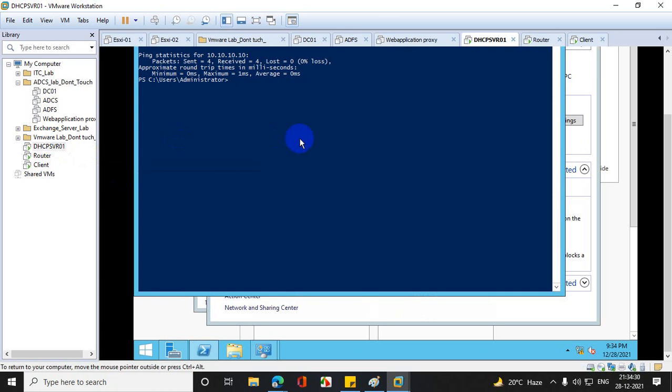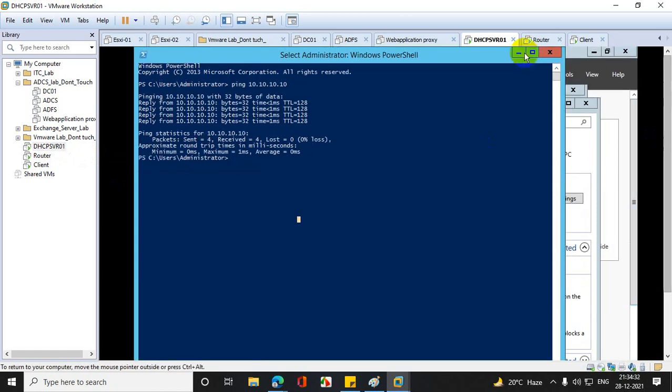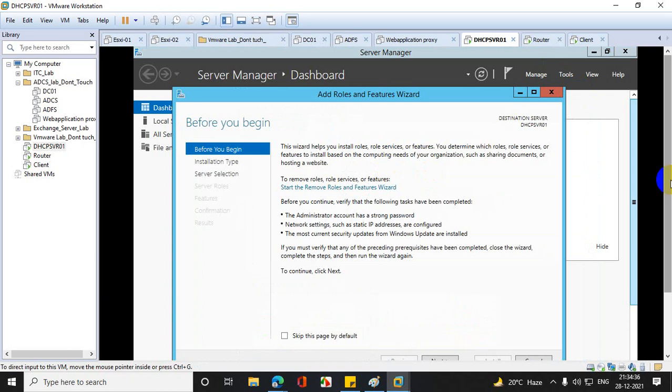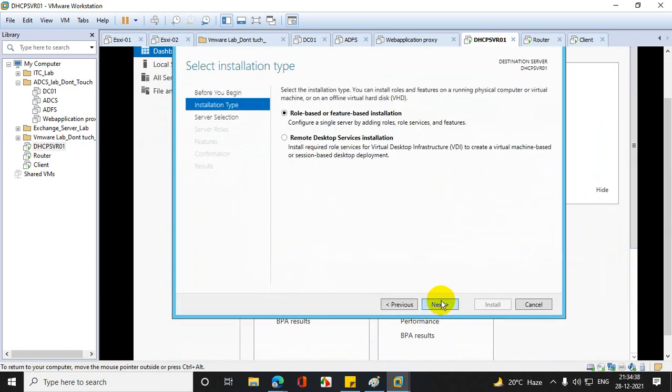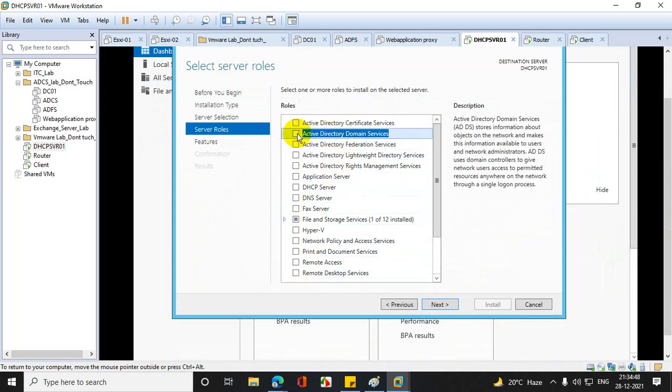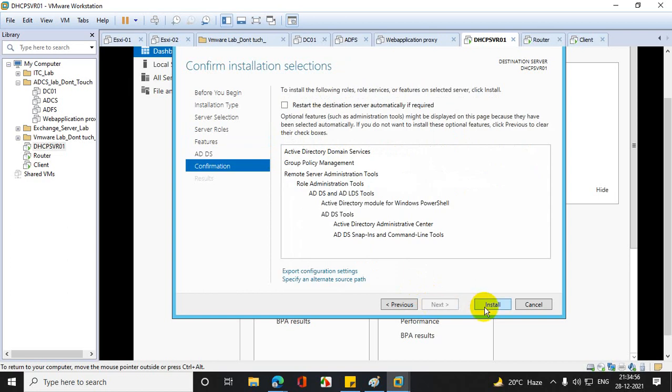Meanwhile, I am preparing the DHCP server. I'll go to add features, click next, next, next, DHCP. Oh, first I'll go and create the Active Directory Domain Services. As I'm telling you, I'm going to create the domain controller, then authorize the DHCP services. So that's what I'm doing first.